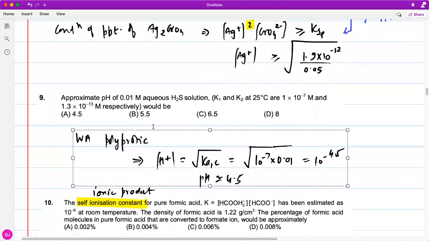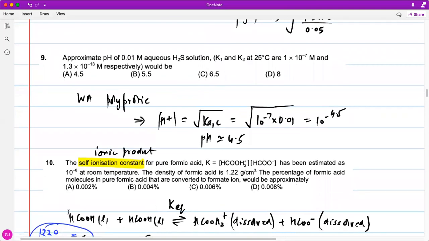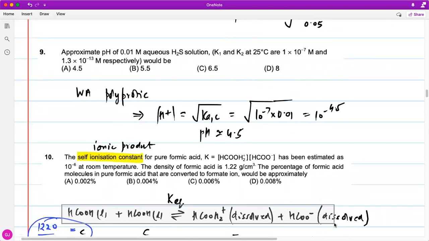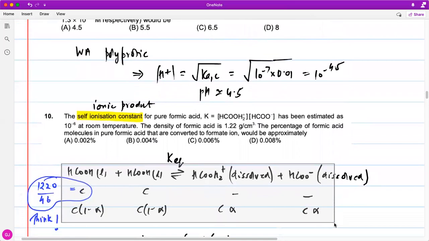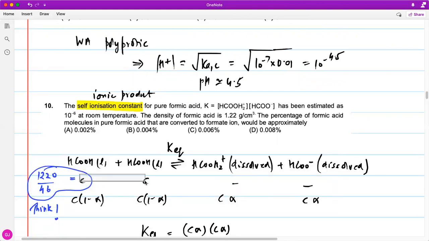The 10th question is something similar to how we have done the self-ionization of water. So in this case, instead of water, you have pure formic acid, right? That pure formic acid undergoes self-dissociation or self-ionization in the following manner. You have the following equation representing that self-ionization. Now, when we write it down in detailed manner, you can see I can write C, 0, 0. Now, this concentration of pure formic acid is something similar to how we have determined the concentration of pure water,